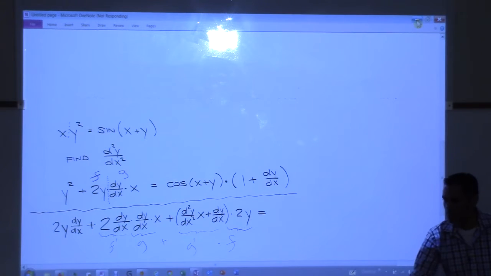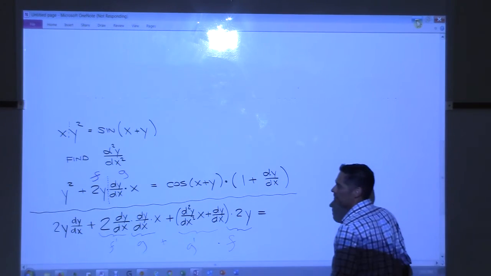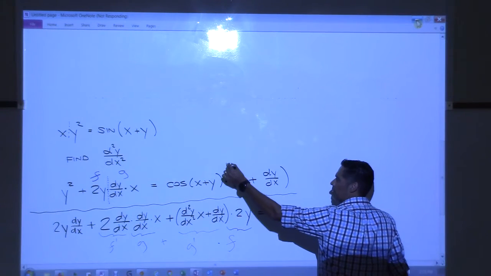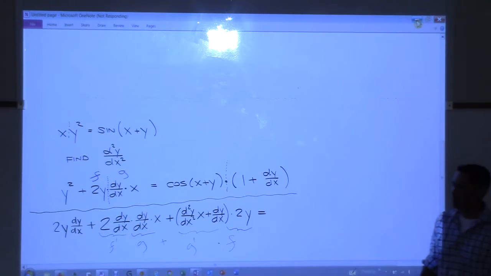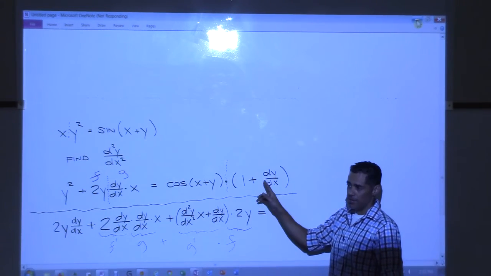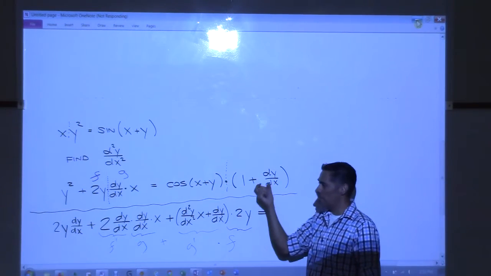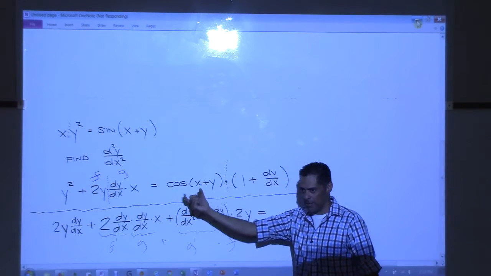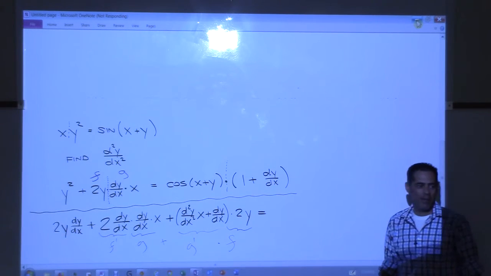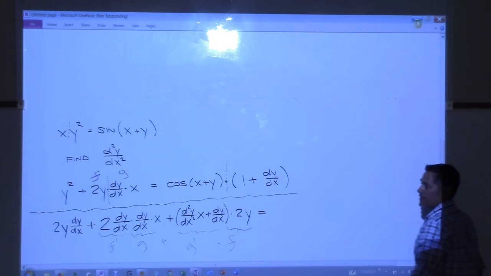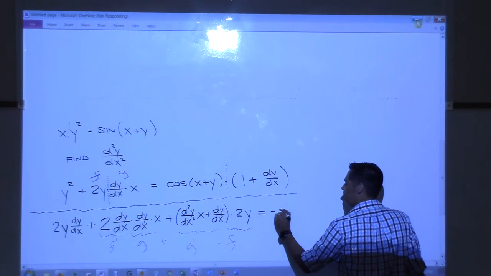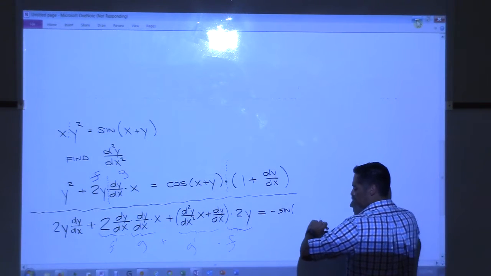Okay, on the right side, we have to take the derivative, don't we? And what do we see? Another product right there. Do y'all see that? That's cosine of this times this. So we have to do derivative of this times this plus derivative of this times this. Okay, what is the derivative of cosine of x plus y? Negative sine of x plus y